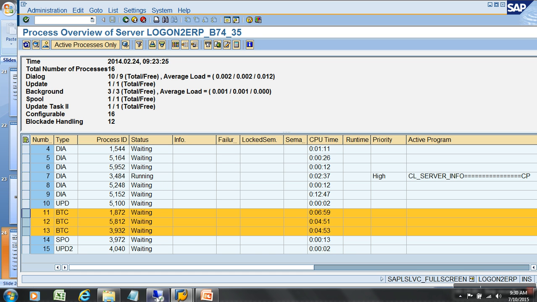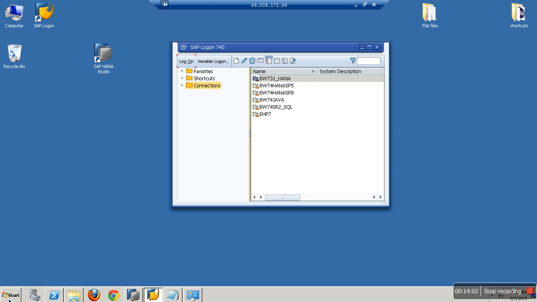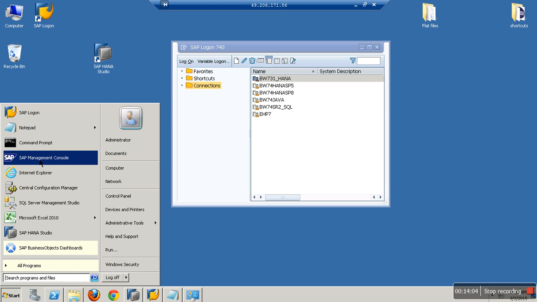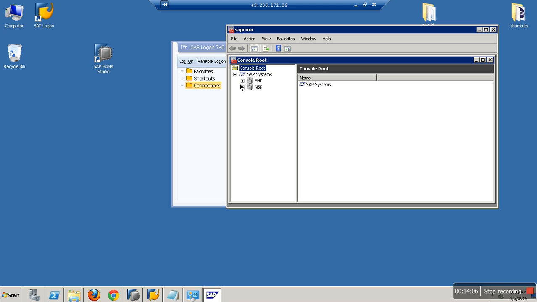If you see the server, this server system, if you see this,